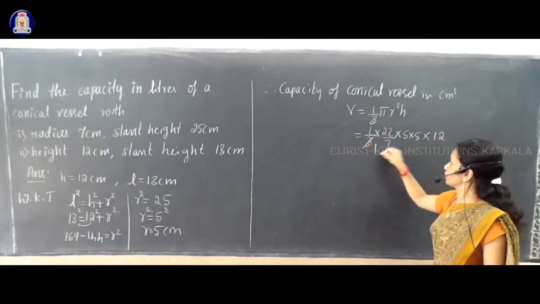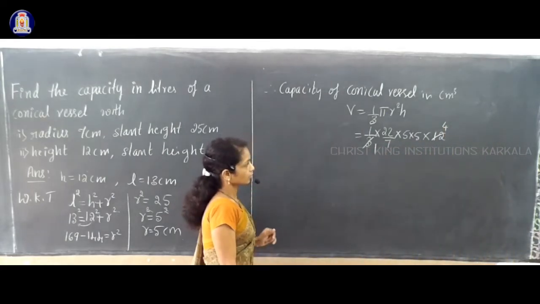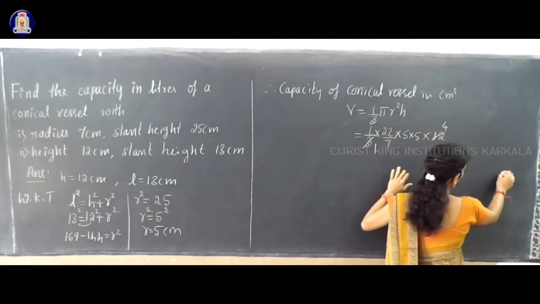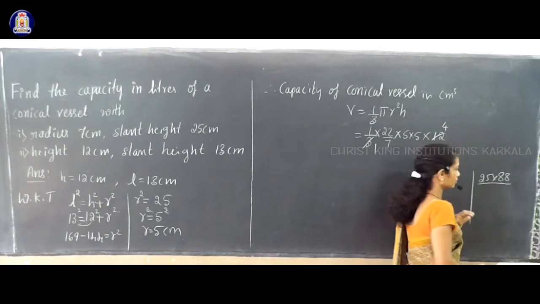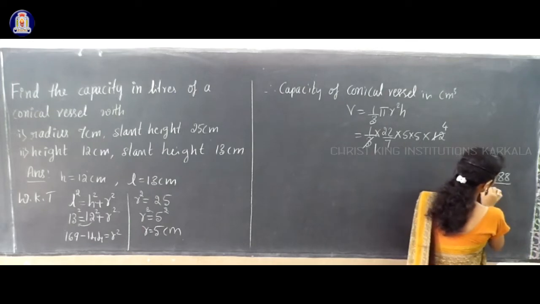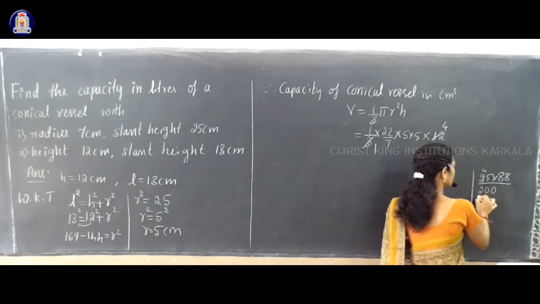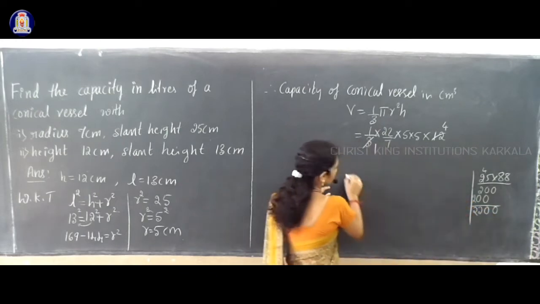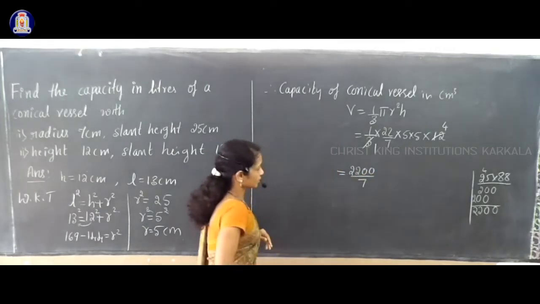And here 3 ones, 3 four times, I can cancel, then we can't cancel any other numbers. So you multiply the remaining numbers. 22 into 4 that is 88 and 5 into 5 that is 25. Multiply this on the side. 8 into 5 is 40, 8 into 2 is 16, plus 16 plus 4 that is 20, and again the same digit, so 0 0 2 and adding, 0 0 2 2. So that is equal to 2200 divided by 7 and this is in centimeter cube.